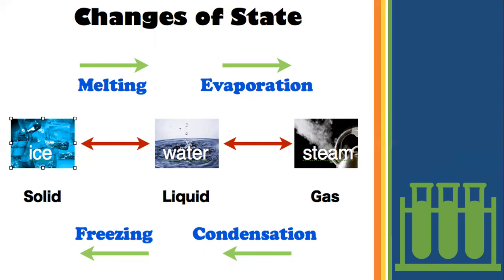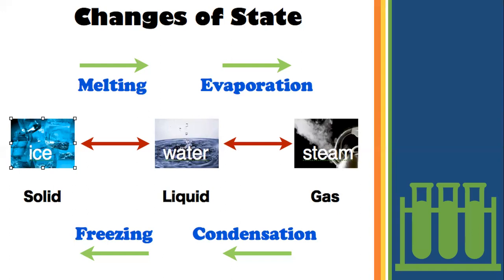Now, you turn off the stove and you leave the steam there. What's gonna happen is that the gas will cool by a process of condensation. So you're removing heat. So for the bottom arrows, you're removing heat. For the top arrows, you're adding heat. Now the condensation will happen and now that gas will now be a liquid. And if you should put it back into your refrigerator, then it's going to freeze. So we've just done some changing states.